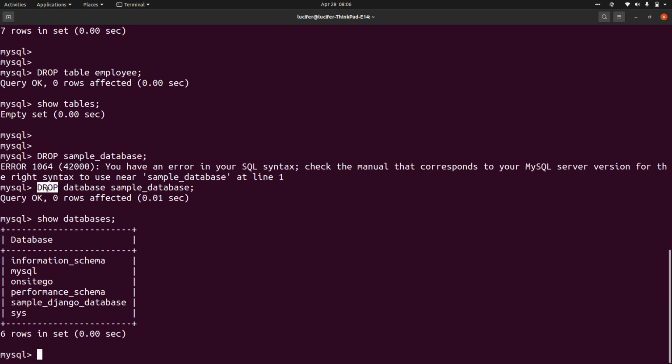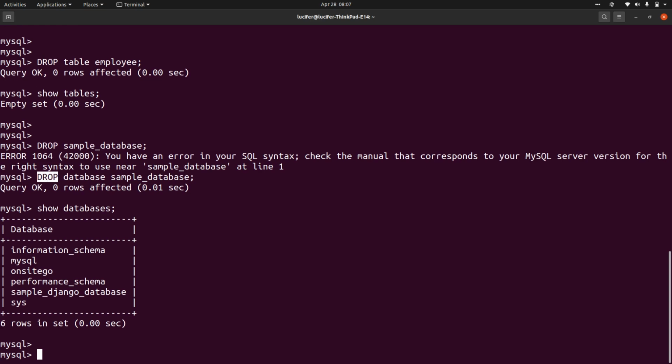So the drop command is basically used to drop any object in the database or even the database itself, right? You can delete the whole database or any of the objects of the database, not data. Okay, I'm just saying objects of the database. It can be a table, it can be a function. There are a lot of other things as well that are present: triggers, procedures, views. We don't need to cover all these things because those are some advanced concepts of databases.